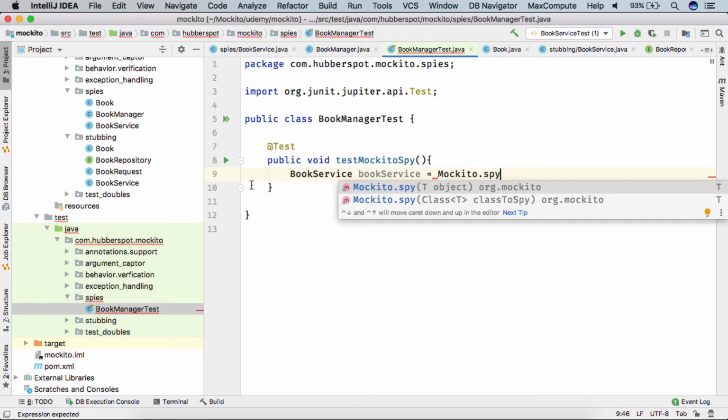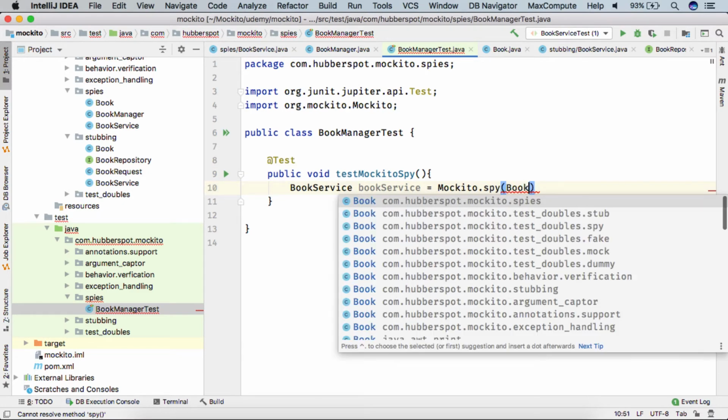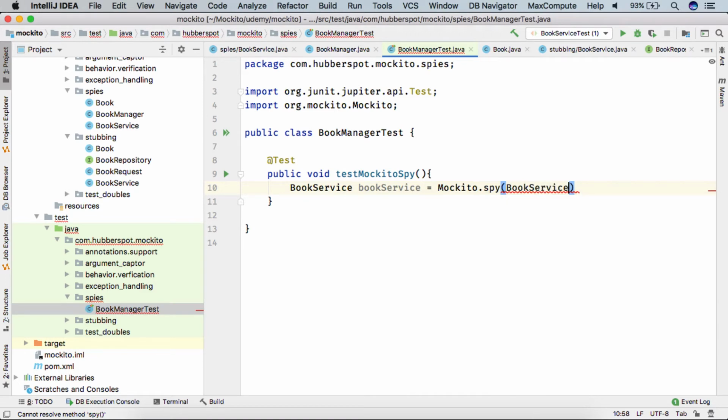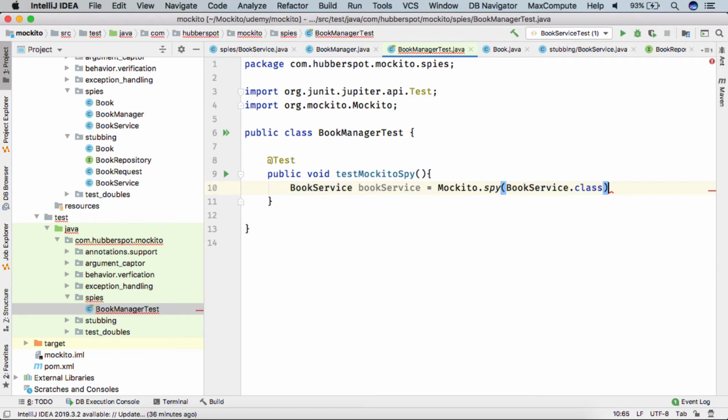So here you can see there are two methods where we can actually provide an object on which Mockito will spy, or we can even pass the class type for the object we want to spy. So here let's say we provide BookService.class. So this is one way to create a spy on our external dependency.